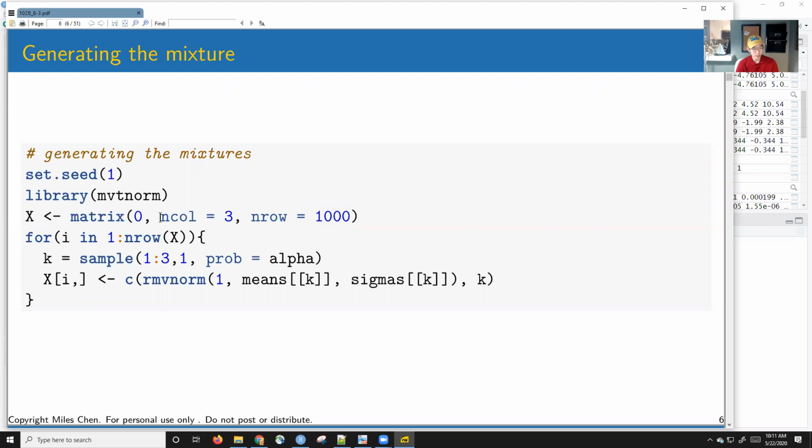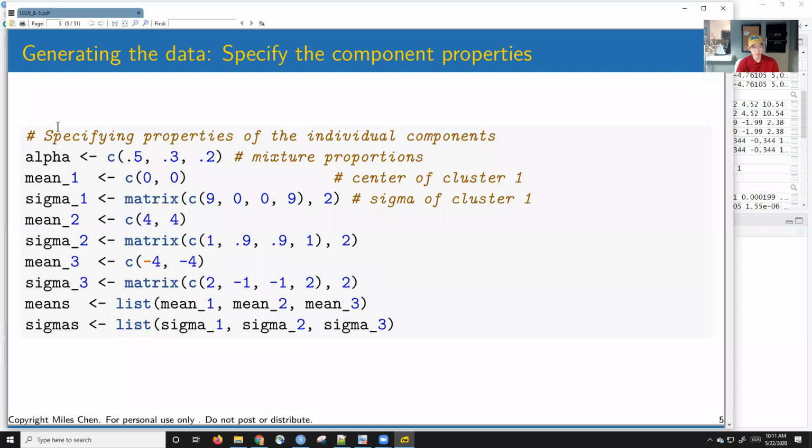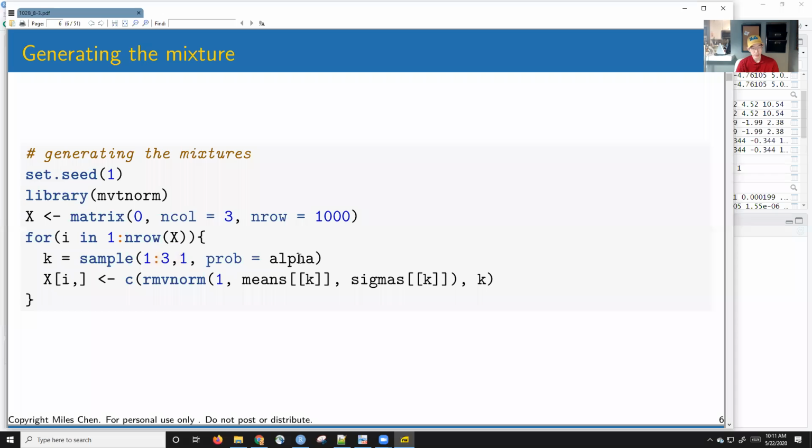So X is going to be a matrix with 3 columns here. Basically, for i in the number of rows of X, I'm going to sample a value 1 through 3, using that probability vector alpha. So I'm using this to sample either the numbers 1, 2, or 3. And then once I have that sampled, I'm going to use the random multivariate normal function to generate one random multivariate normal,